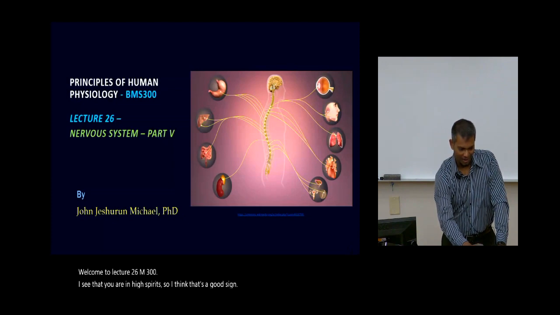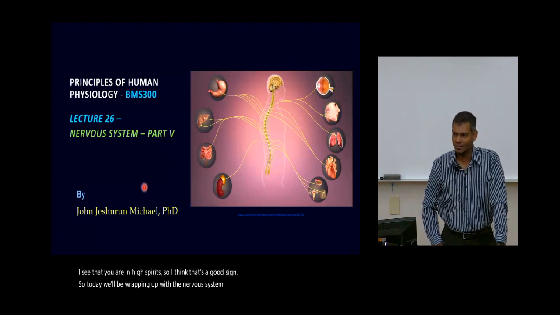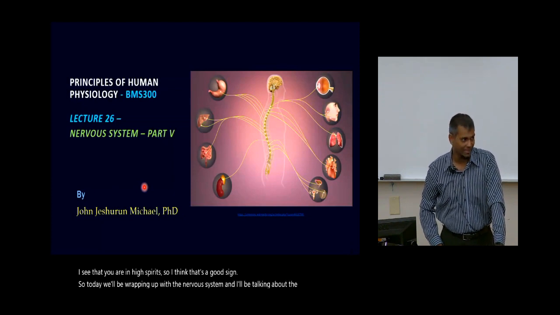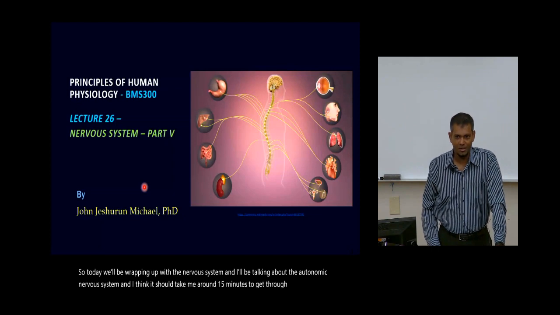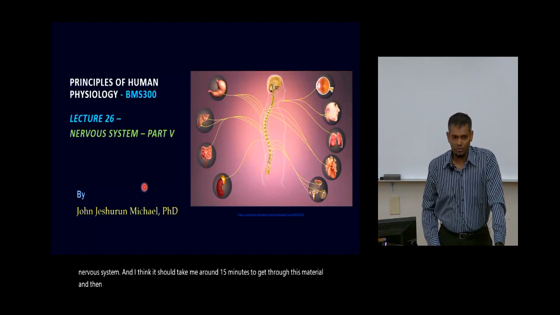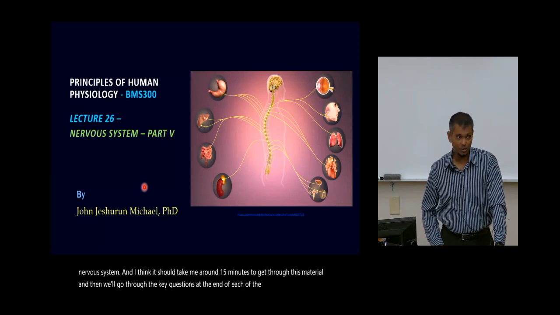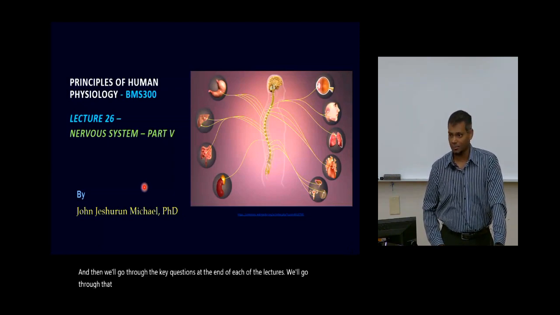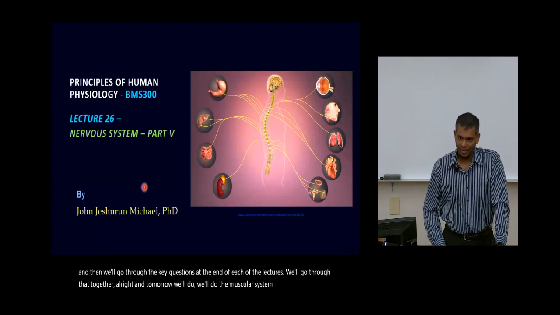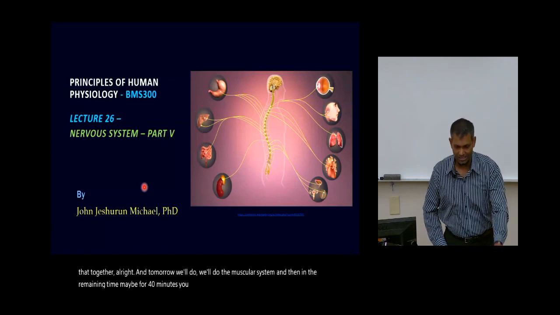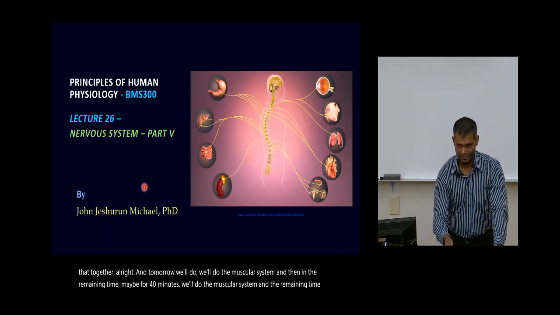So today we'll be wrapping up with the nervous system, and I'll be talking about the autonomic nervous system. I think it should take me around 15 minutes to get through this material, and then we'll go through the key questions at the end of each of the lectures. We'll go through that together, all right? And tomorrow we'll do the muscular system, and in the remaining time we'll do some polar questions on